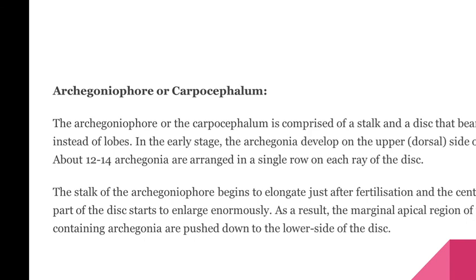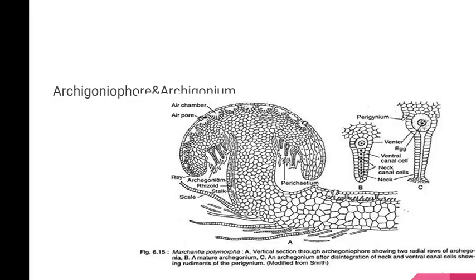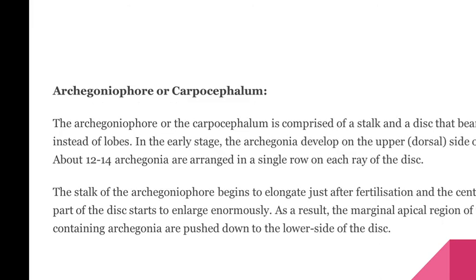Now you see the archegoniophore. The archegoniophore looks like a lobed structure. It bears the archegonia. The archegoniophore or carpocephalum is composed of a stalk and a disc bearing 9 rays instead of lobes. In the early stage, the archegonia develop on the upper side of the disc. About 12 to 14 archegonia are arranged in a single row in each ray of the disc. The stalk of the archegonium is